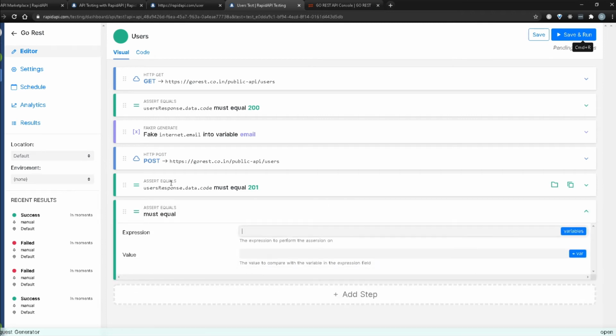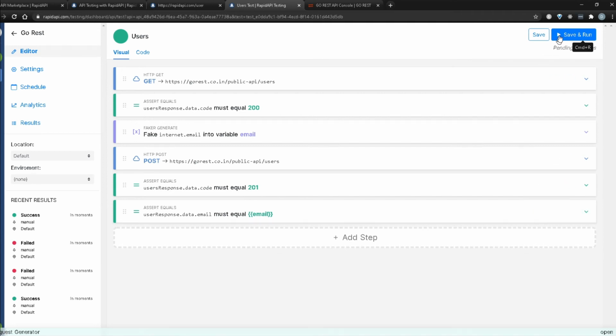And I'm going to verify that my user response .data.email should equal the email that we created. Once again, I'm going to use the squiggly brackets there and say email. So I'm verifying that the fake email you just created, which we're sending to the server, is actually what we're getting back returned in the response. So I'm going to do save and run, see if this works for us.